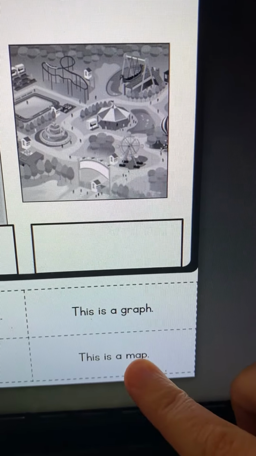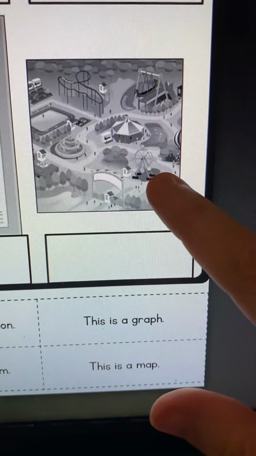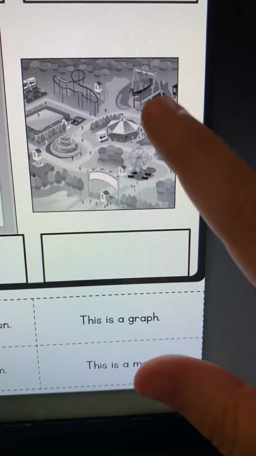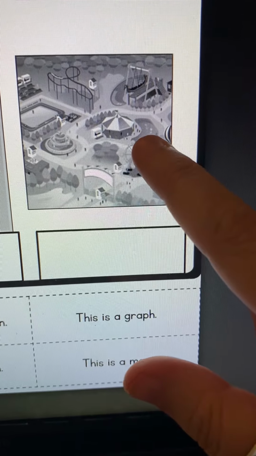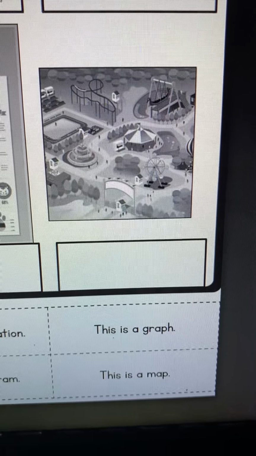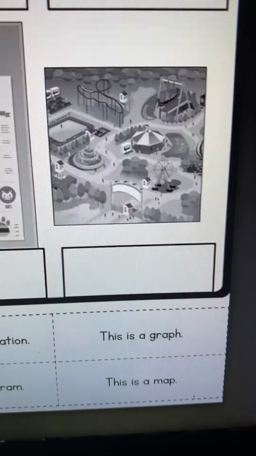And then the very last one that we're going to talk about is a map. So we use maps to get places, or to show us what an area might look like and where it is as a location. So this is a map of, looks like an amusement park. So this would be a good one to use if you were reading an article or an informational text about a certain amusement park. So it's showing you now what it looks like, while it also tells you about the